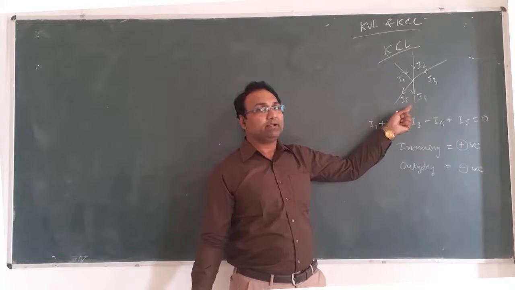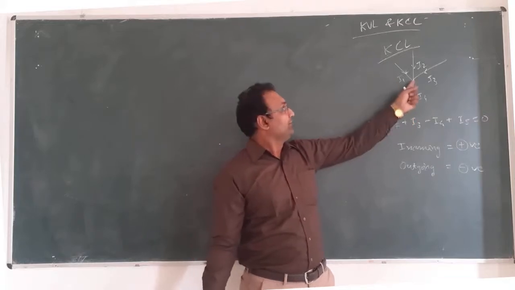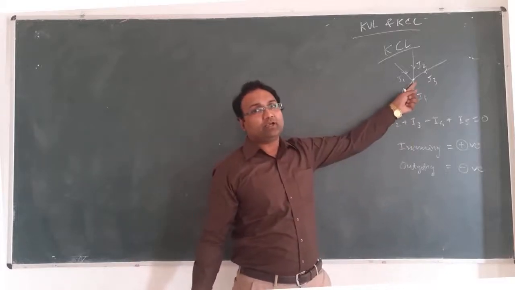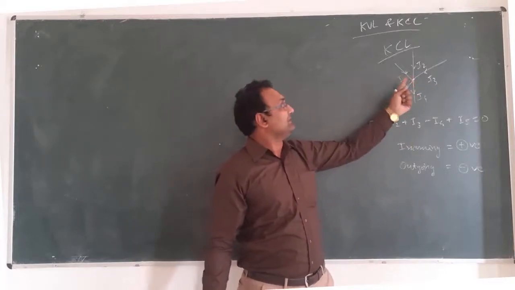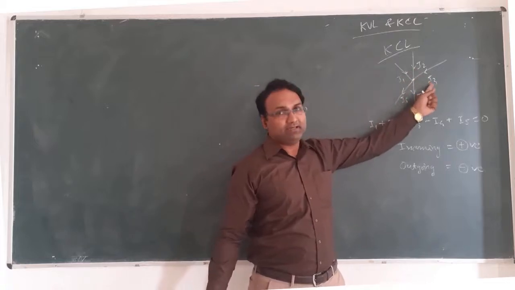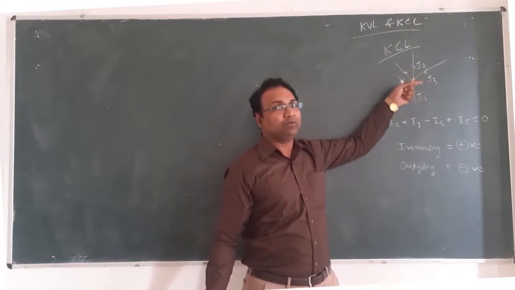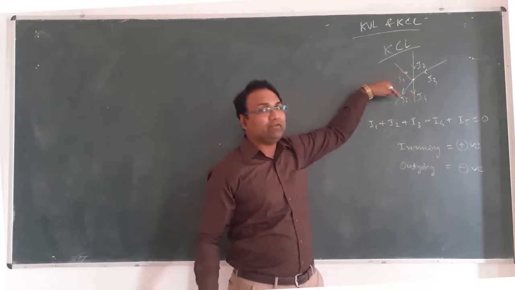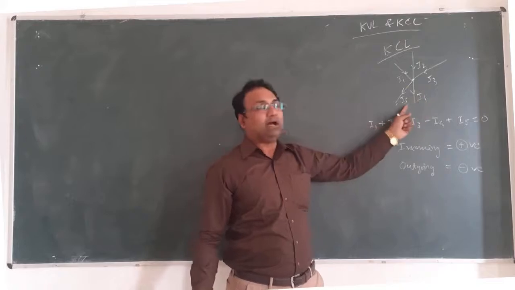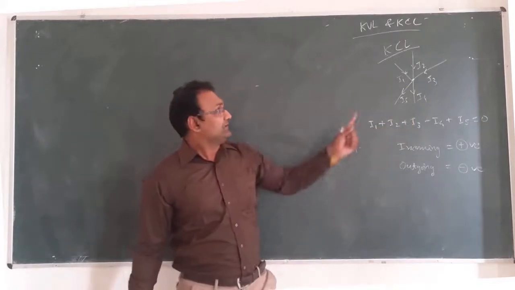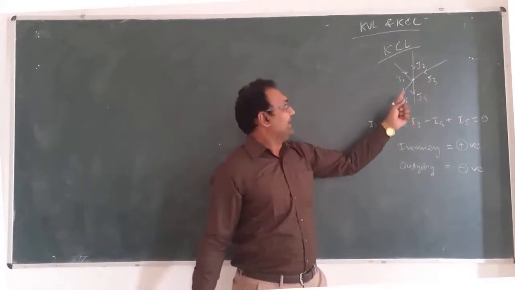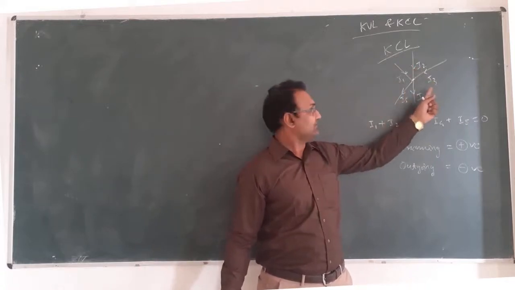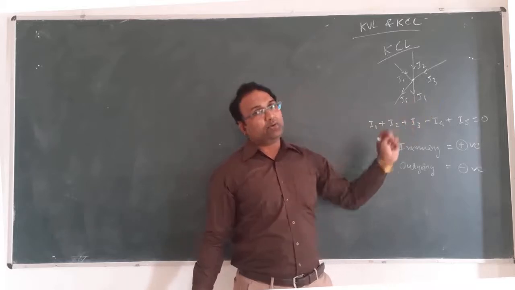How do we decide the incoming and outgoing currents? It is very simple. We assume ourselves at this particular point, and whatever current is coming towards us, that is I1 and I2 and I3, is incoming. And from this particular point, I4 and I5 are going far away, so they are the outgoing currents. Fine. So there are 5 currents in totality, out of which I1, I2 and I3 are the incoming currents, and I4 and I5 are the outgoing currents.